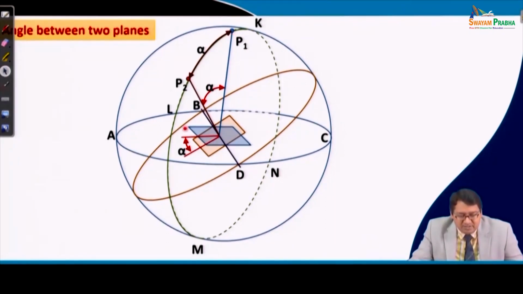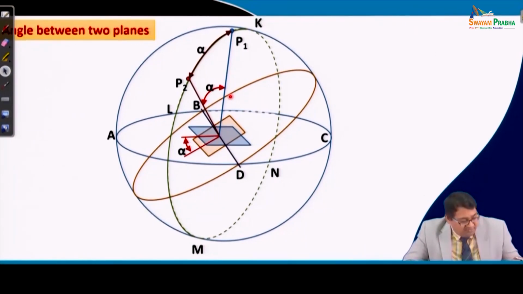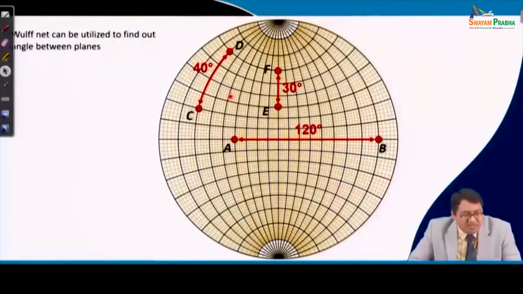So, the angle alpha between the two planes can be obtained from the 3D stereogram from the angle between the two directions P1 and P2. But you see how difficult it becomes in 3D to find the angle between P1 and P2. But if we have a 2D stereographic projection from this 3D stereogram, and if we could superimpose the Wulff net over it, like this, we can utilize this Wulff net to find the angular deviation between